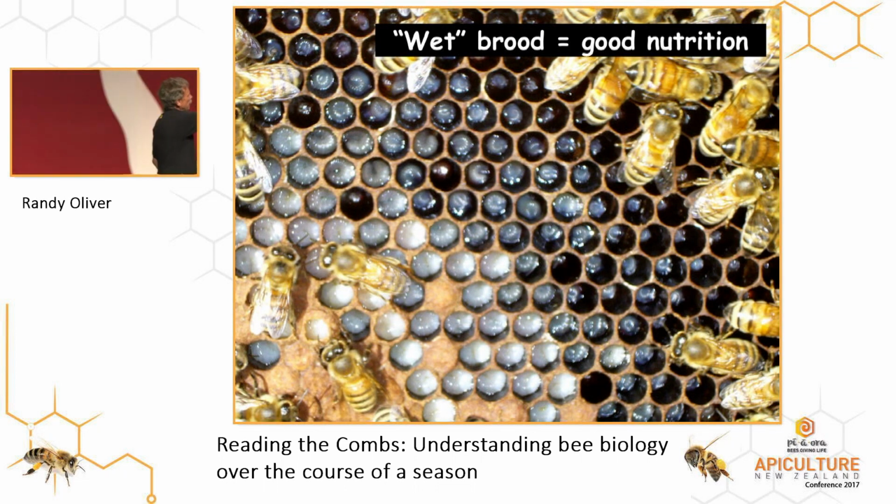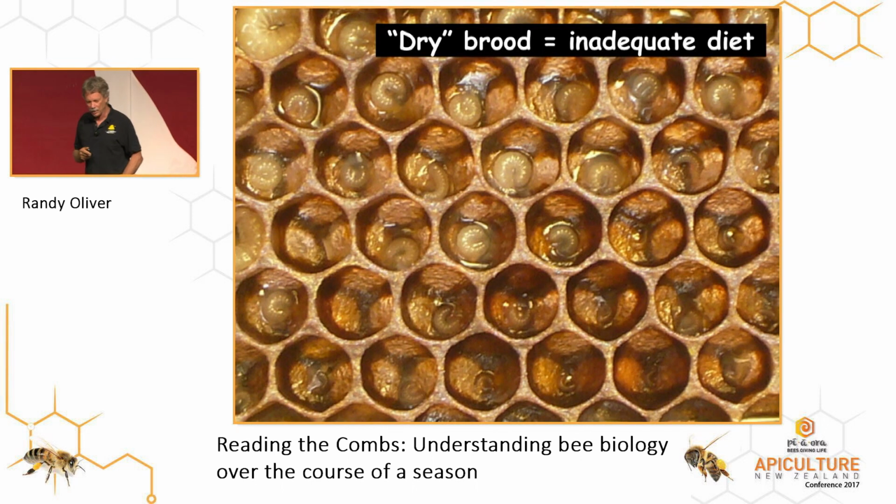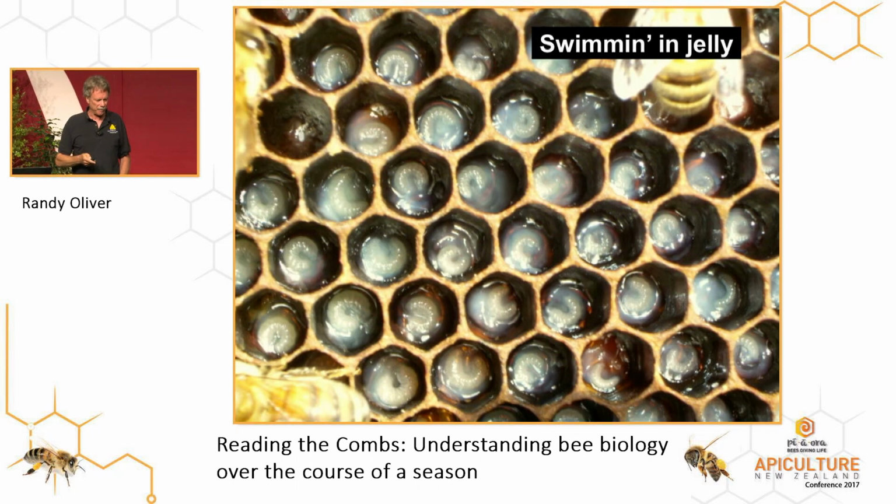And what you can see, they will start covering the bottom of the cell. Now this colony right here, none of these cells are completely covered to the bottom. They're about 2/3, 3/4 covered with jelly. That means the nurses are holding back a little bit. They're not giving them the full amount of jelly. If this colony was fat with protein, they would cover the bottom of that cell all the way with jelly. These larvae are only getting enough jelly just to survive. So instead of being floated in a pool of jelly, where the larvae eat in a circle, just turning around and around, eating up that jelly, these guys are only fed just enough jelly to barely survive. They'll live, but they won't be the worker bee that they could have been.